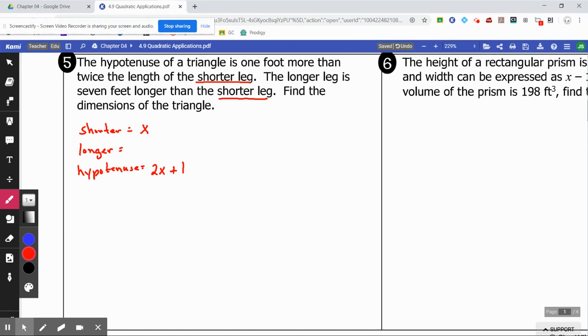The longer leg is 7 feet longer than the shorter leg. So the shorter leg is x, so the longer leg will be x plus 7. Now the rule is, if you have a right triangle, a squared plus b squared is equal to c squared, or the leg squared plus the leg squared is equal to the hypotenuse squared. So therefore, now we have leg squared plus, make sure you put in parentheses, leg squared is equal to hypotenuse